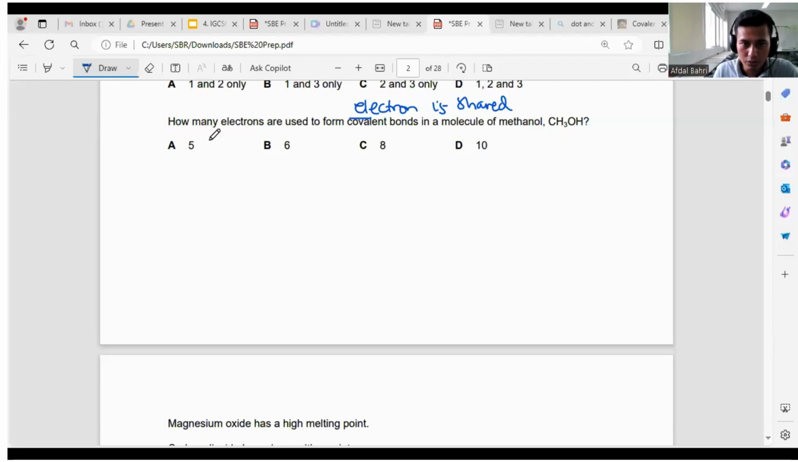Okay, now let's continue. If you look at this question, they ask you how many electrons are used to form covalent bond in molecule of methanol. So let's draw the structure first. Methanol has one carbon. So carbon will be in the middle, and then you have hydrogen on the left, on the top here, the bottom here, and then oxygen, and then